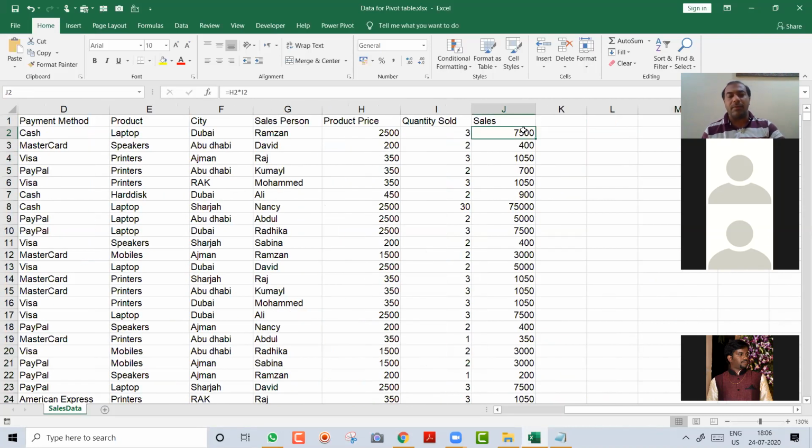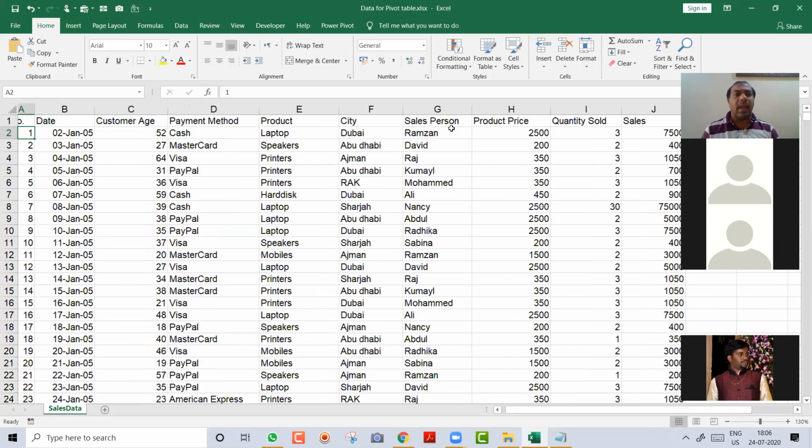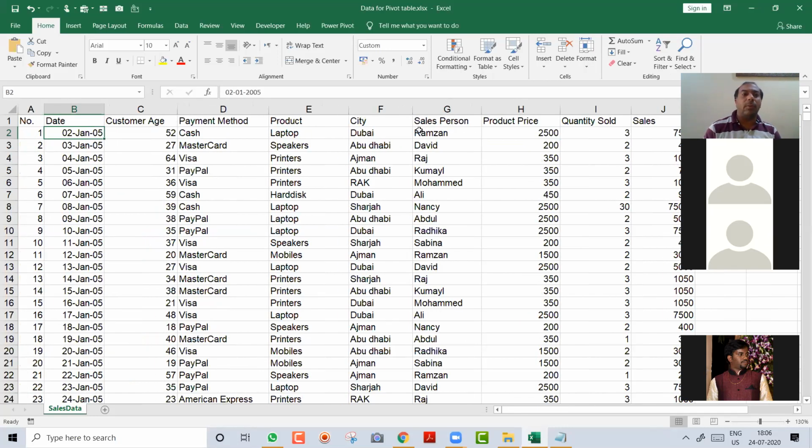Okay. Here you have a very simple formula. This multiply by this. This you all know, very simple database. And I have a data from 2005. We will understand the data first. Because if you want to generate a report, you should know data in and out. Then you can prepare a better report for your management.